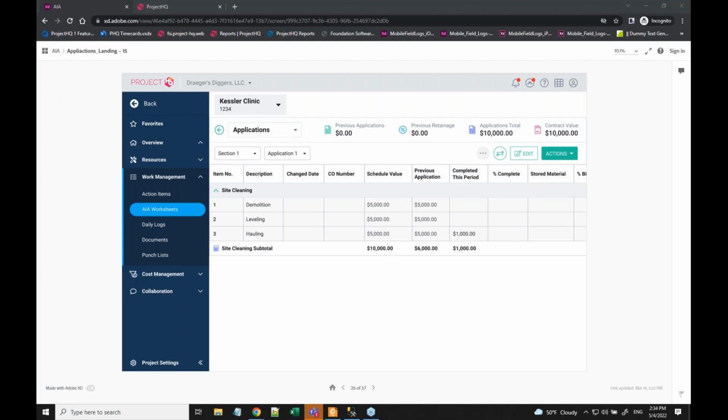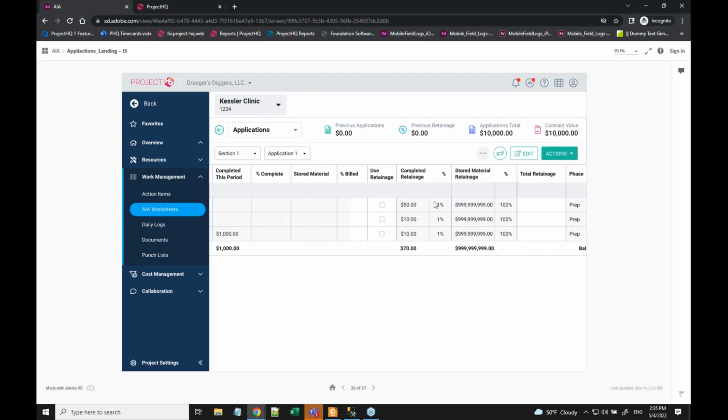Another question, this one's regarding retainage. So Roseanne asked, if at the end of the job we reduce to a smaller percentage of retainage, do we adjust on that project setup page each time retainage is reduced? So you could do it there. You could go back to the general screen and reset that rule. But the way we kind of had it in mind was basically on this screen,